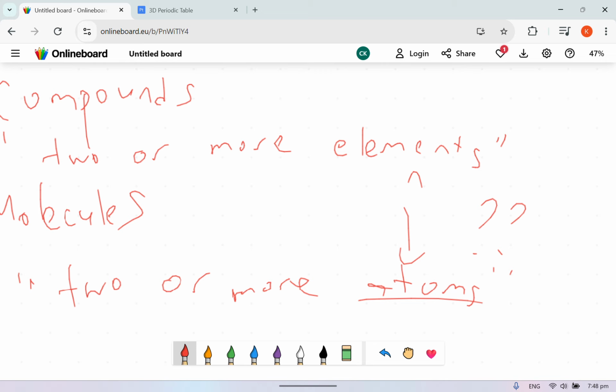Now, here's the thing. Remember, atoms all belong to a certain element. It's unique. That means I only belong to this one element. I don't have like 1 million parents. I only have that one single parent. I know it's mother and father, but you get what I'm trying to say?